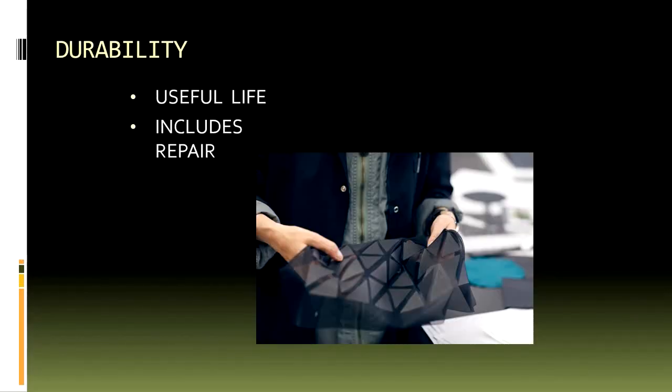The next parameter judged in quality is the useful life. Now, what do you mean, students, by useful life? Can anybody tell what the useful life is? This is very important for any kind of soft good products like apparel or home textiles. So the life expectancy of the product, or what is the useful life of the product.